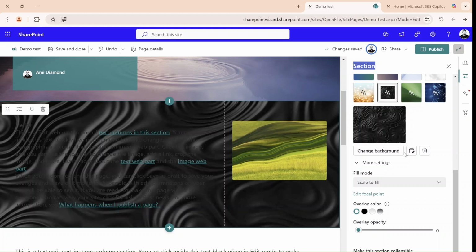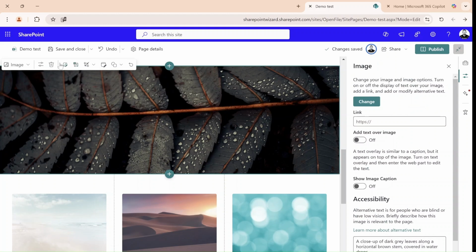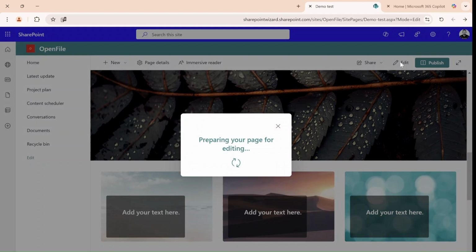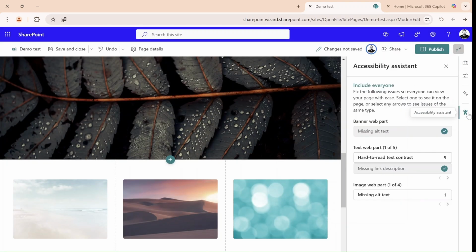We want to see what is the result of this test. In addition, let's take this one and we will also here remove the accessibility test, the tooltip, and let's just save it. And what we want to do is actually now to test the accessibility. So we see here now it says the banner is still okay, but the text web part, we have